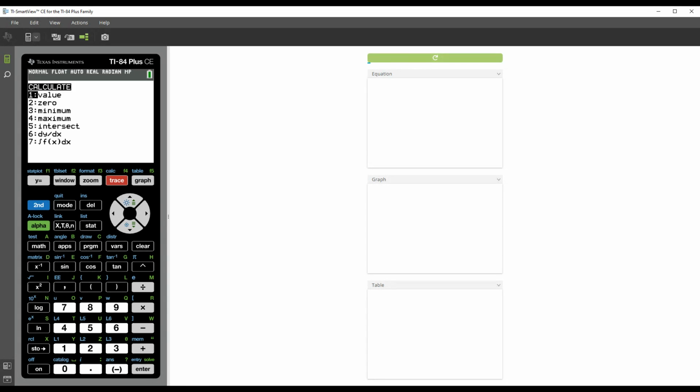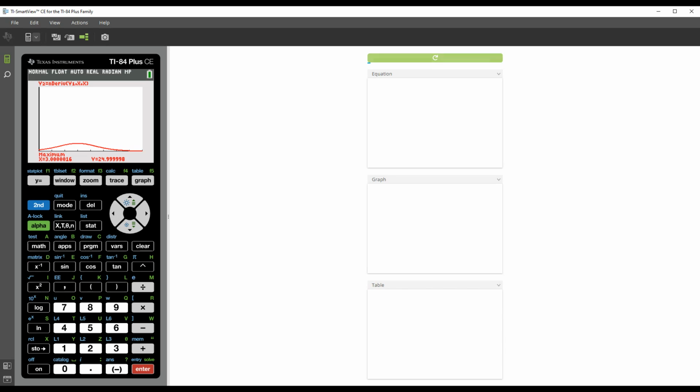I hit second calc. I want to find the maximum. That is not the left bound. So I'm going to say start at 0 and go over to 1, 2, 3, 4. By day 5, it's definitely there. I don't want to take a guess. So I hit enter, and there it is. The maximum is on day 3,